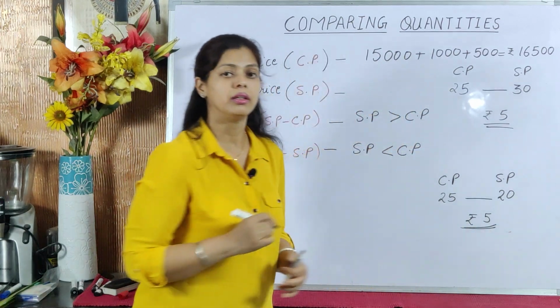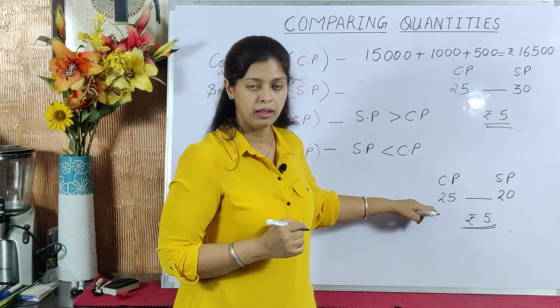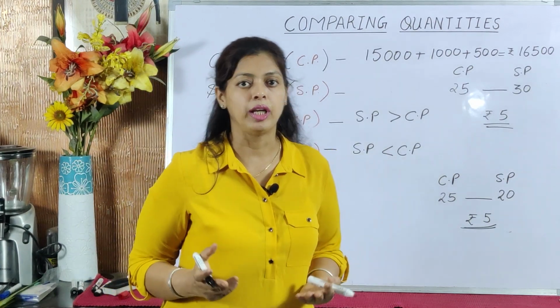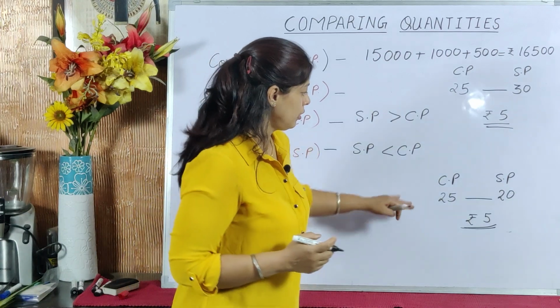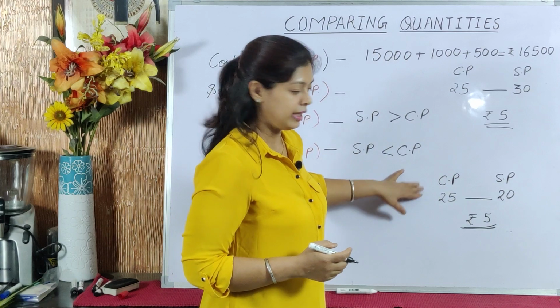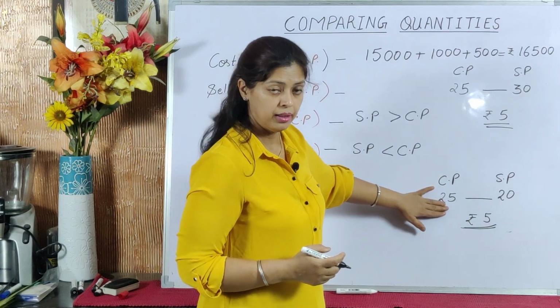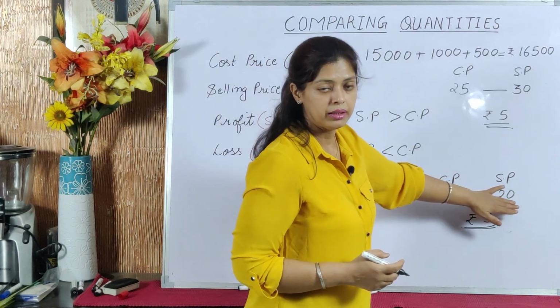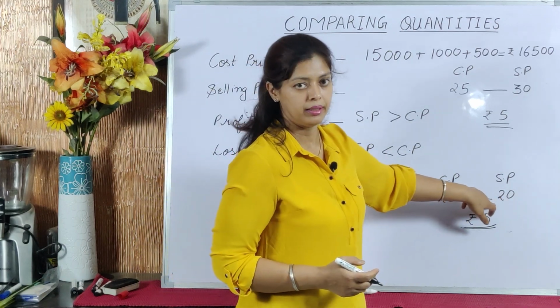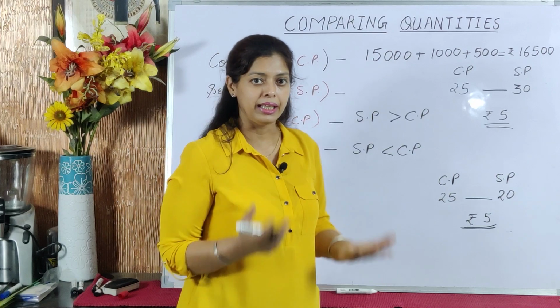Say maybe he was not able to sell the pen because there was no demand for that model and there was a new model already available in the market. So in order to recover at least part of the amount he has spent, rupees 25 on the pen, if he has to recover part, he can sell the pen at a loss. At least he has recovered rupees 20 instead of not getting anything for the same pen.